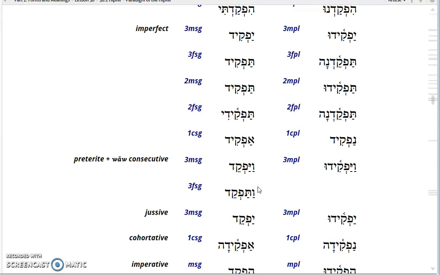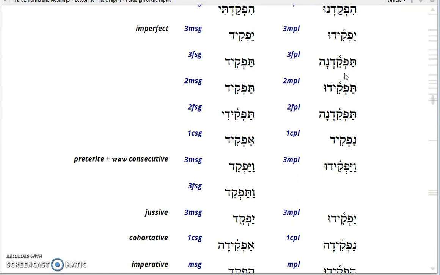With the imperfect, you'll get the form yafkid. He will cause someone to appoint. But then the preformatives are all the same as in the other stems, and the suffixes that occur are the same as well. In most cases, you get the hireq yod in these forms, except for the third feminine plural, where